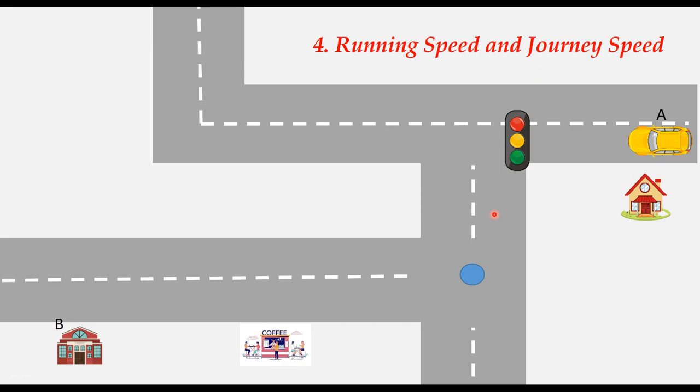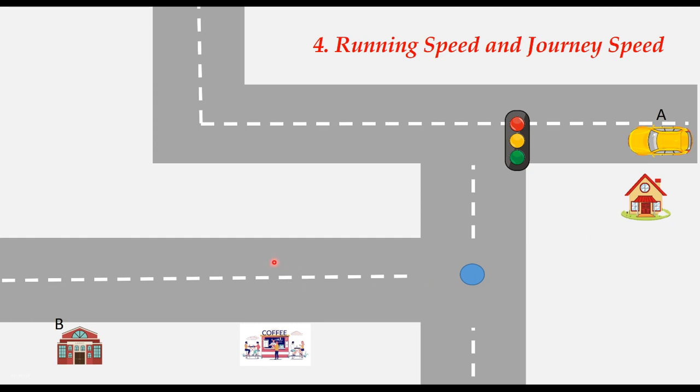Next two speeds are running speed and journeying speed. And these can better be understood through this network. Suppose a vehicle from here, point A, wants to go to a destination at point B. And there is a signal here and there is a stopping here because it has to take a right turn, and